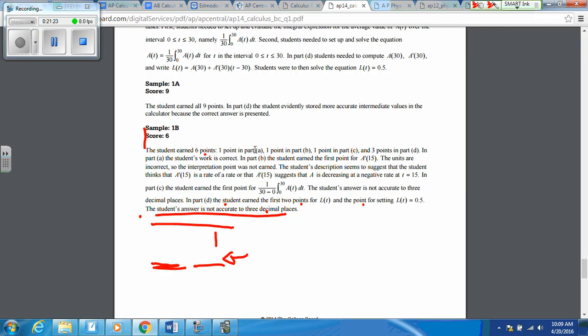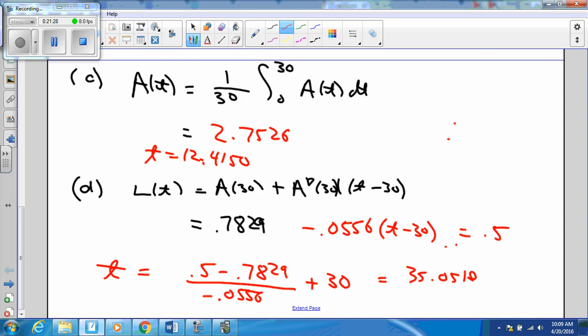What's the moral of that story? I don't know. Maybe the moral of the story is keep lots of extra places, certainly in your intermediate calculations. Maybe the moral of the story is never simplify. I'm not really sure how to parse what they did there. I will also say this. Your score is not going to make or break based on a rounding issue, so don't obsess over it too much. But also, keep some extra places in your intermediate calculations. I think that's